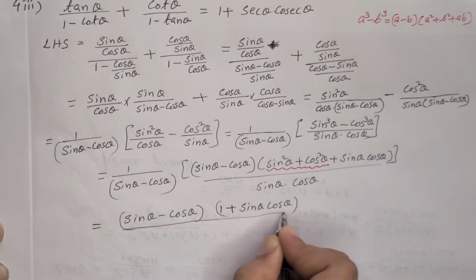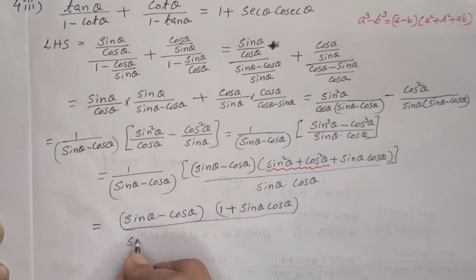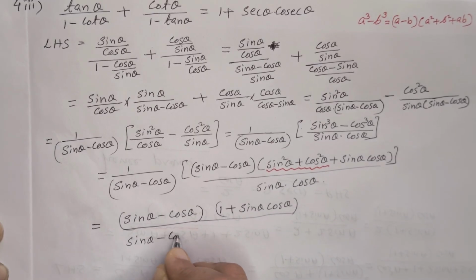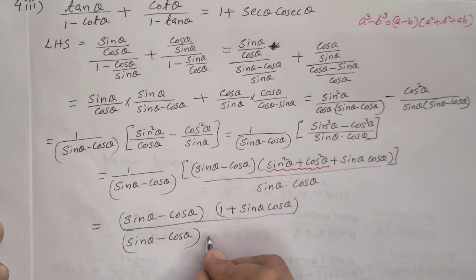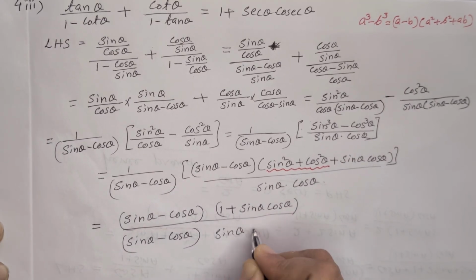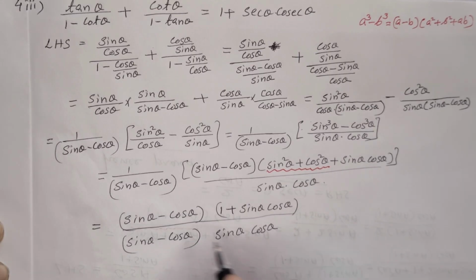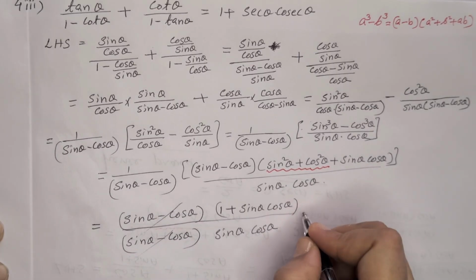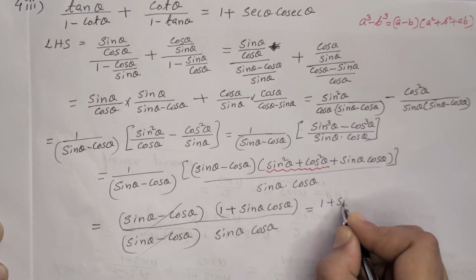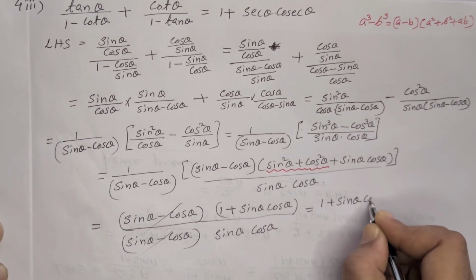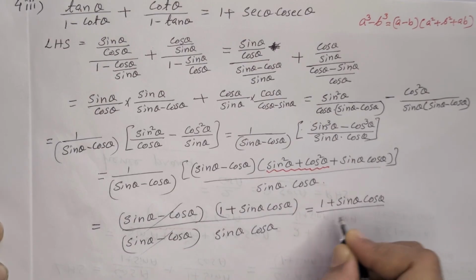That is divided by the denominator, here sin theta minus cos theta, and here sin theta into cos theta. This is the product, sin theta into cos theta. Now we can cancel this sin theta minus cos theta from the numerator and denominator. Now remaining is 1 plus sin theta cos theta divided by sin theta cos theta,